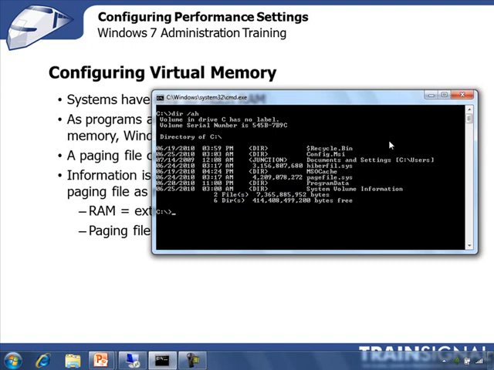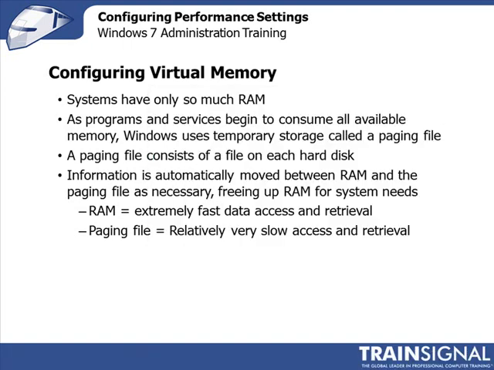If you look at this drive, you'll notice there's a file called pagefile.sys right at the root directory of the C drive, and it's about 4 gigs in size. It's a hidden file. I did dir /ah to get to it, and it's the file to which information is automatically moved out of RAM as necessary. What this does is it frees up RAM for more compelling needs. Maybe there's a program that said, I need some more RAM, give me more RAM. So Windows decides what it's going to move out to the page file in order to be able to accommodate